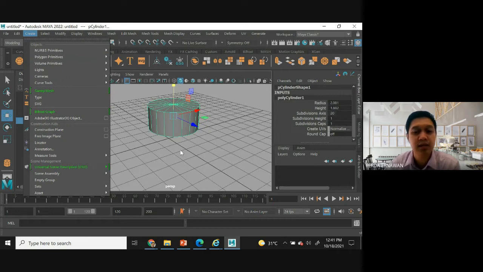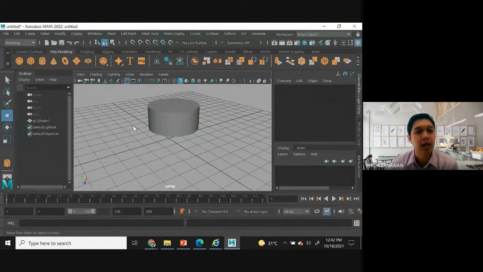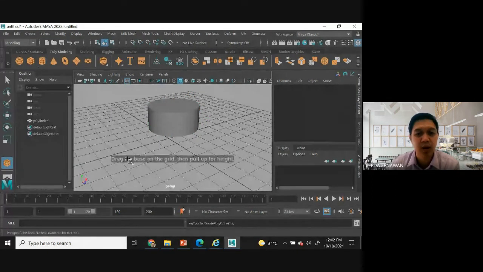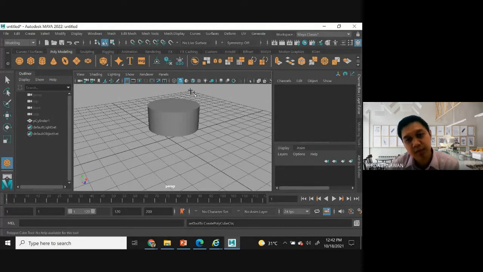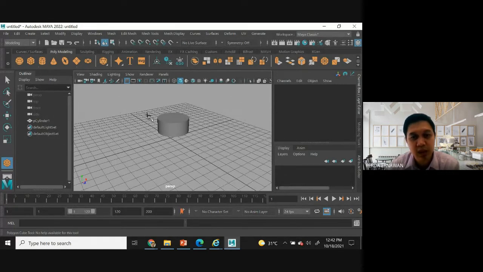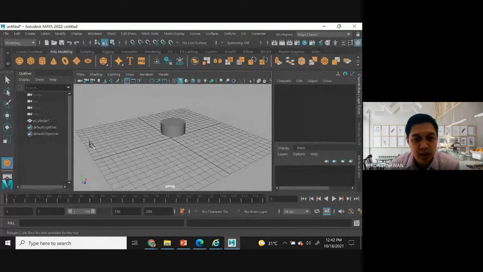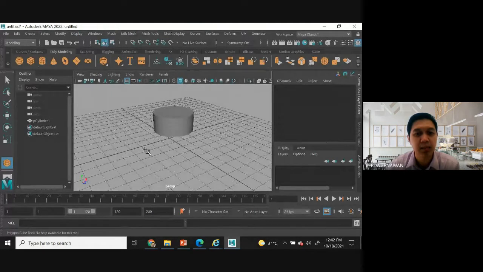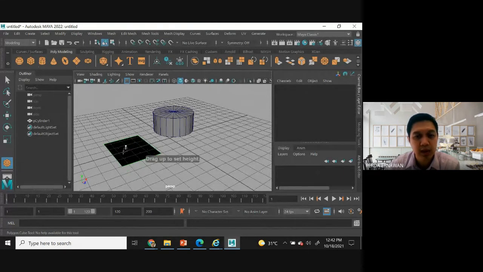You can set the diameter and then drag up to set the height. Another example, cube. Drag the base on the grid. Oh yeah, I forgot to inform you that we call this field here the grid in Maya. So you can drag like this. After that, drag up.